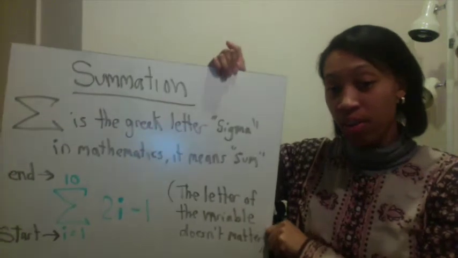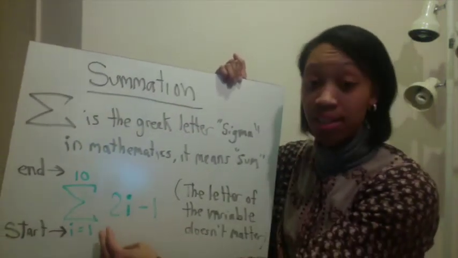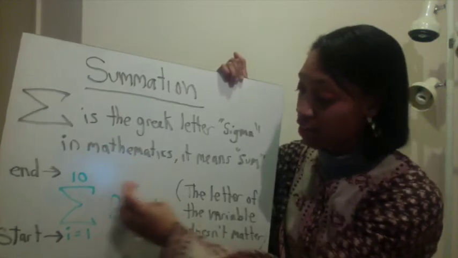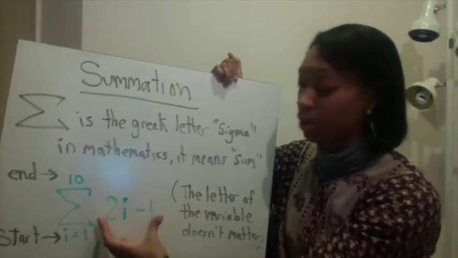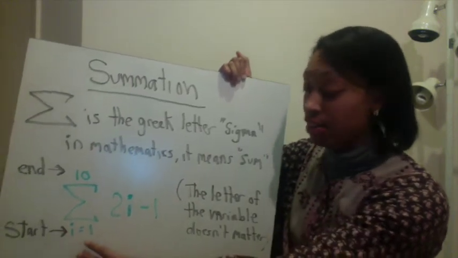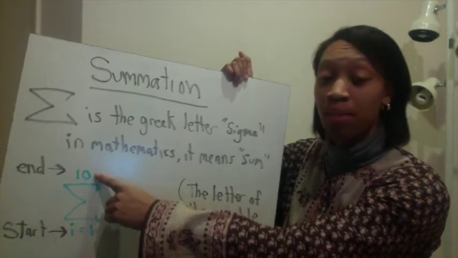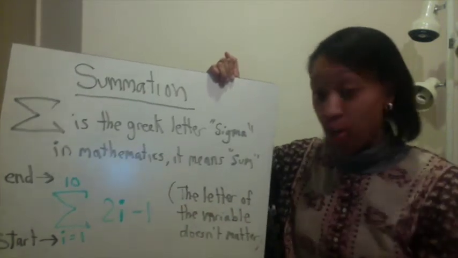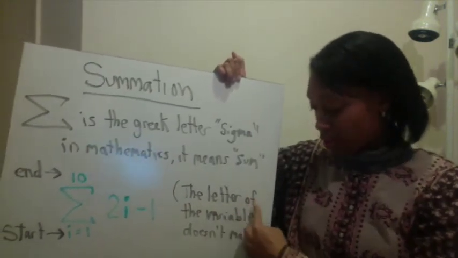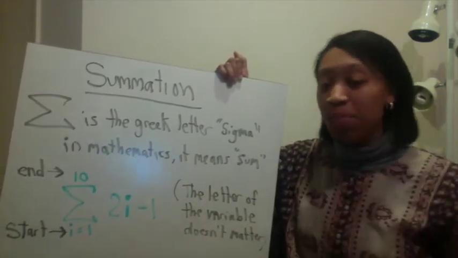Okay, so when we look at this here, this is the formula right here. Here's the formula part. And right here is the number we start with. This time it happens to be starting with 1, and it's adding all the way up until 10. Now, the letter that's used here, the letter of the variable, this one happens to be i. It doesn't matter. It could be any